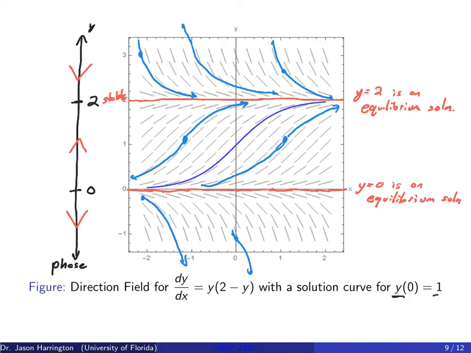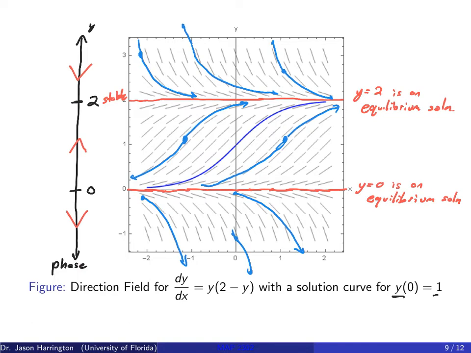Let's get really close to it. If I get really, really close to y is equal to 0, but still not 0, like say 0.1, we see that it's going to, again, go away from it. And hopefully you can see that this entire direction field that I have over here can just quickly be summed up by this little phase portrait that I had here on the left.